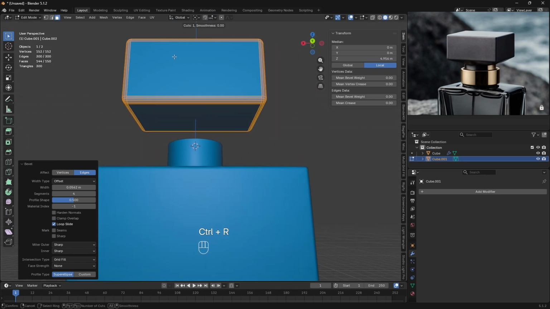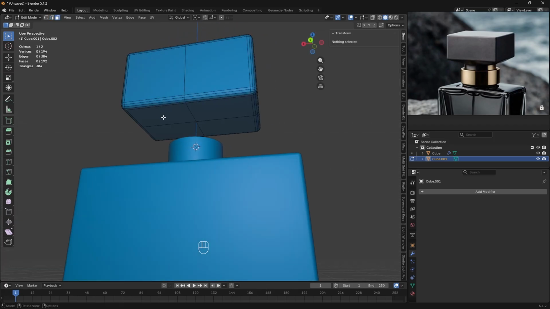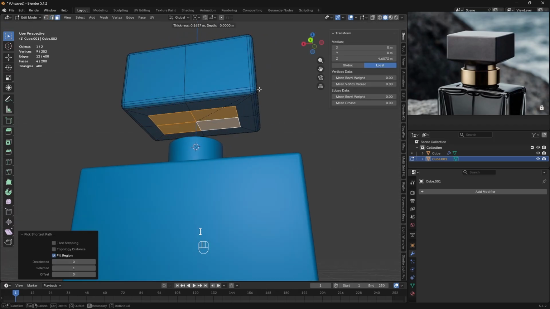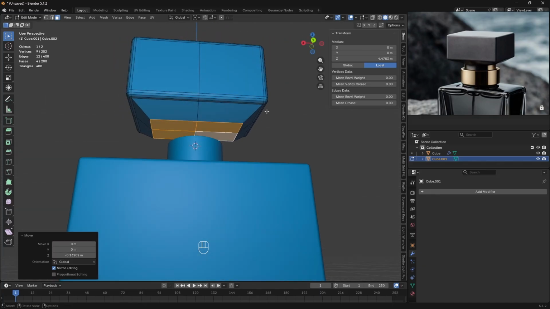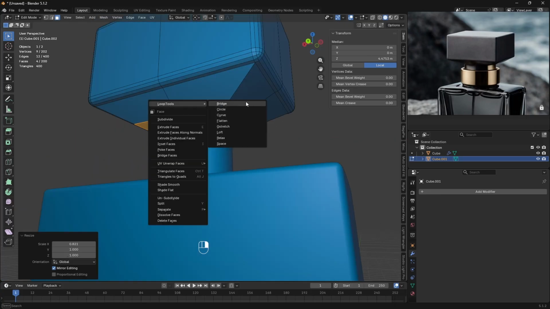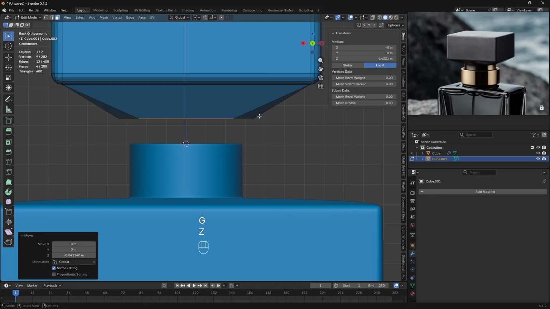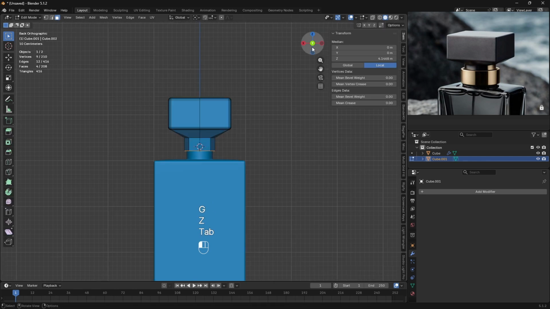So I'm gonna add some loop cuts in here, alright, and I will do this. You're gonna select this one. I will do this, G C, and if you see in here, we just need it to be scaled on the x-axis just a bit, and let me just add a circle. Alright, so this circle needs to be scaled down a bit. G C, scale it down one more time. Extrude Z, you can just push it in here. G, and lift it up just a bit.